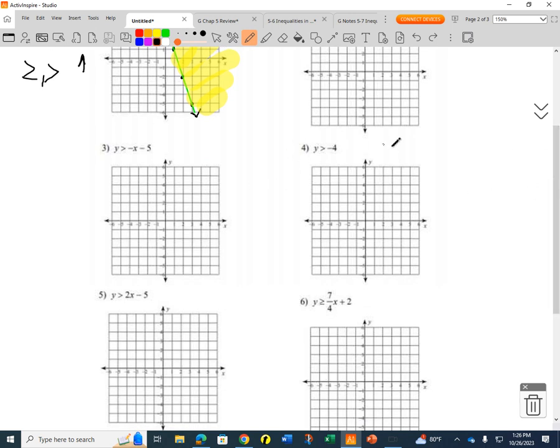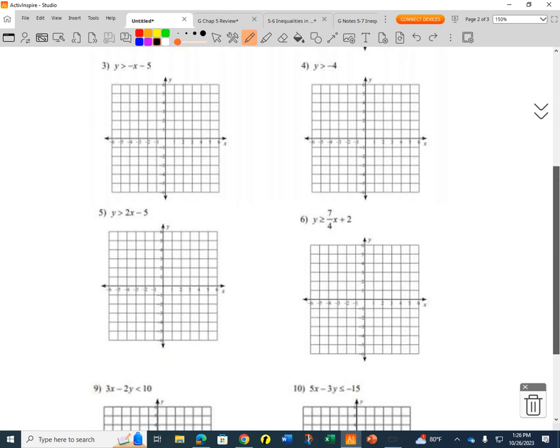Number 4 is a special one, right? If it's a y-only line, what do we know about a y-only line? Sam? Very good. A y-only line is horizontal, right? So it's going to be a horizontal line through this point, right? I'm not going to do that one for you. Hopefully you can do that one. But let's do,